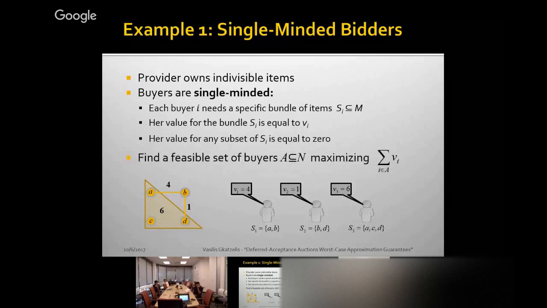And what I mentioned is, in this example, just going back to the definition I mentioned before, our goal is going to be to find what subset can we serve, give them what they want, aiming to maximize the sum of their values, the social welfare. So that's what we mean by efficiency. We want to choose the subset of these bidders that we serve to maximize the sum of the values. So if you think about it here, the best solution in this example would be to just serve that last guy because his value is 6, and therefore that's the best we could ever hope for. But in general, as you can imagine, this is a hard problem. It's an NP-hard problem.